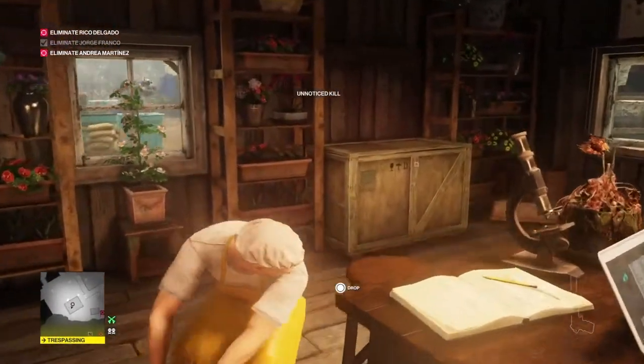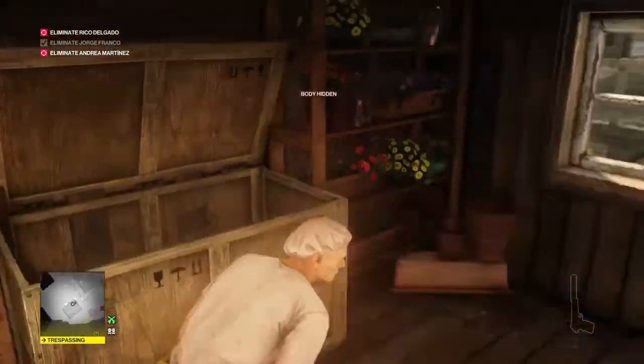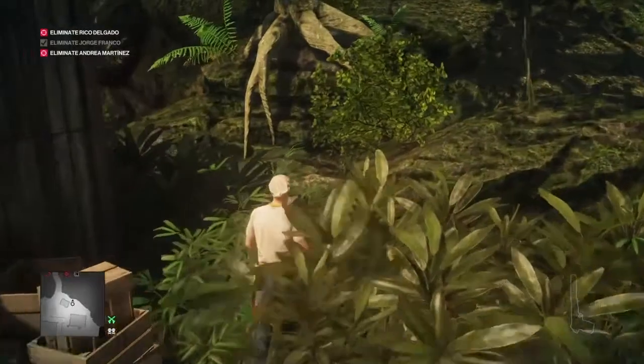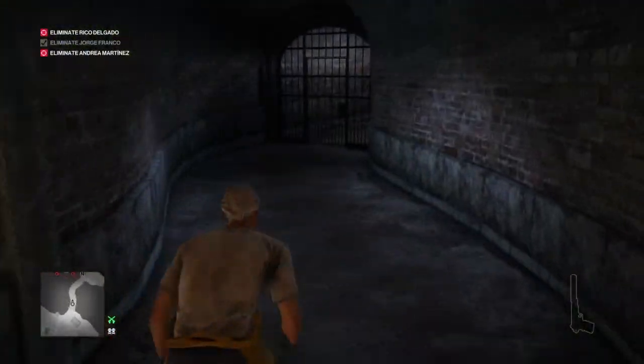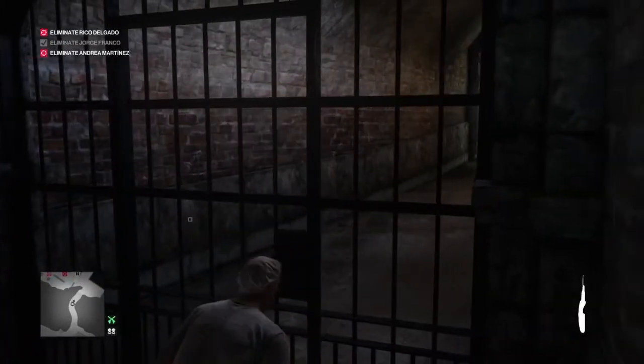Franco confirmed down. Nice work, 47. So we're just going to stash his body up in the crate there. We're going to open the side door and use the door as cover to run to the bushes and make our way into the tunnel that leads to the Delgado mansion. We're going to lockpick our way through this gate,